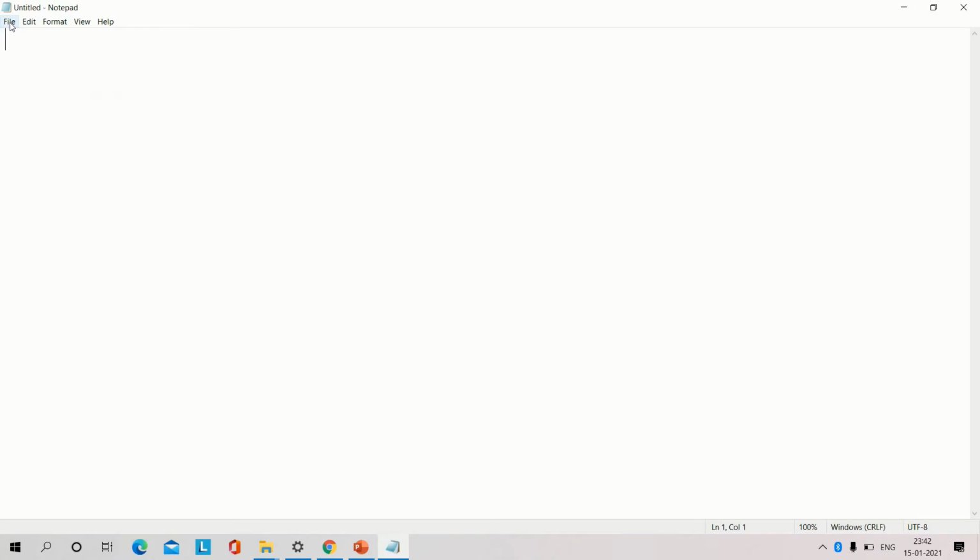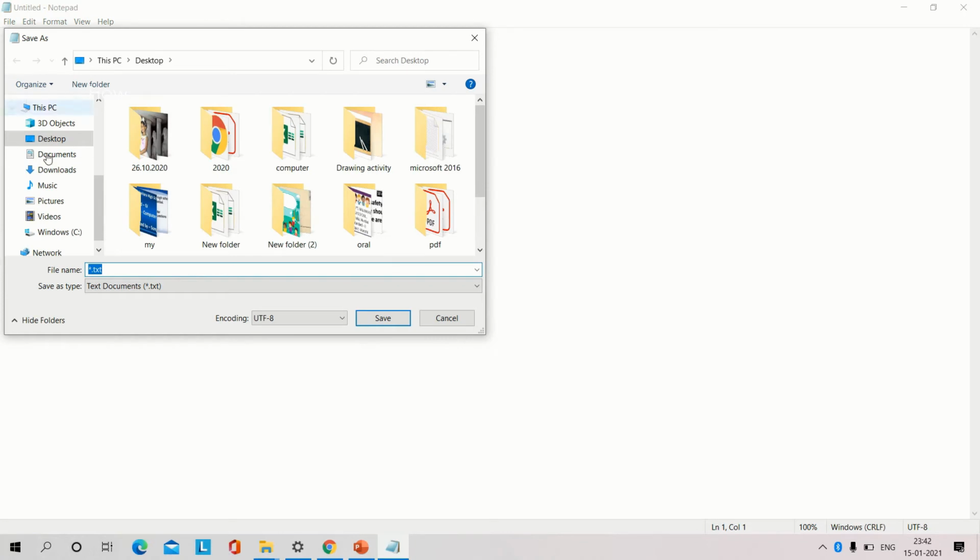How to save the file? By clicking the file menu, go to the save button, and a dialog box appears. Where do you want to save? Location: desktop, documents, downloads. Then we have to select desktop, write your name as the file name, and you can save.